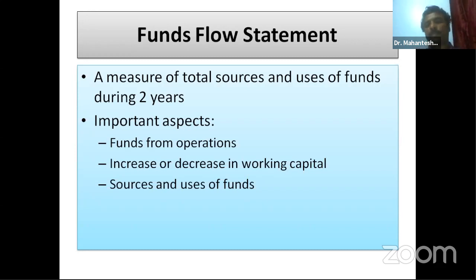So what is funds from operations? Funds from operations, as rightly given by some of the authors, is adjusted net profit. What is adjusted net profit? Imagine the